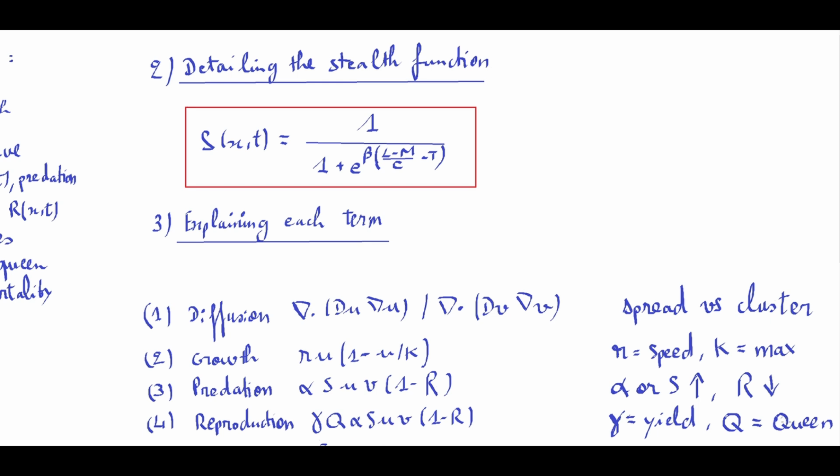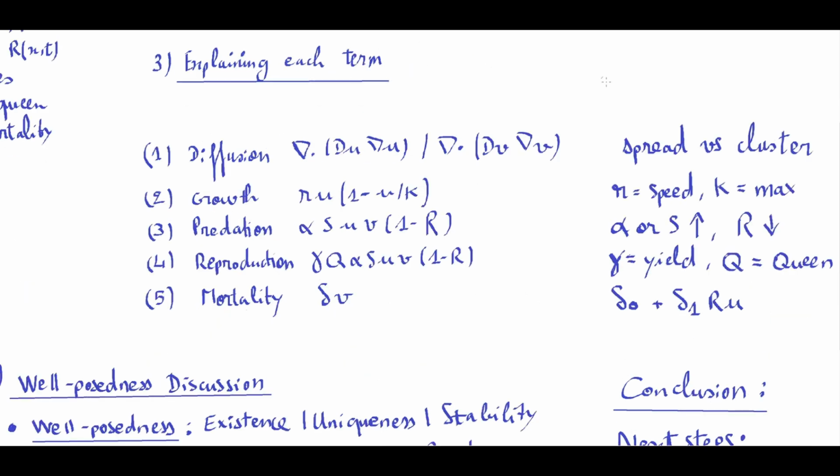So now we can explain each term. Now let's break down each equation term by term with a quick board summary and a clear oral explanation. The diffusion term models how individuals spread in space. The higher D is, the faster the diffusion will be, and the lower D is, the more we will have clusters of the related population, whether it is humans or xenomorphs. So it is like spread versus cluster.